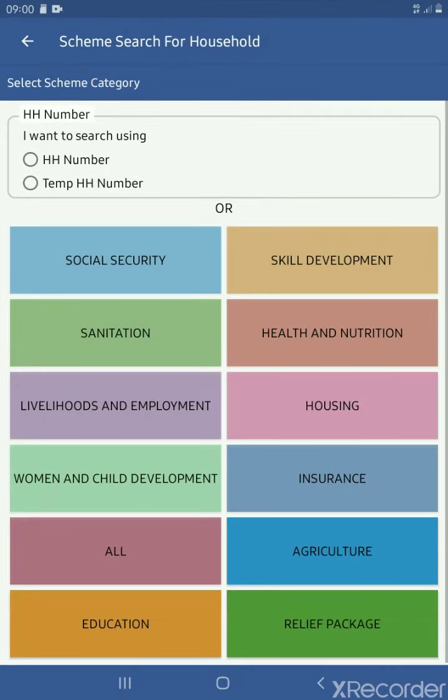Now scheme search for household is also similar to the scheme search for individuals. Here we can search for the schemes which are meant for a particular household with the help of household number or temporary household number, and we can also search for the schemes which are meant for the particular household category wise.